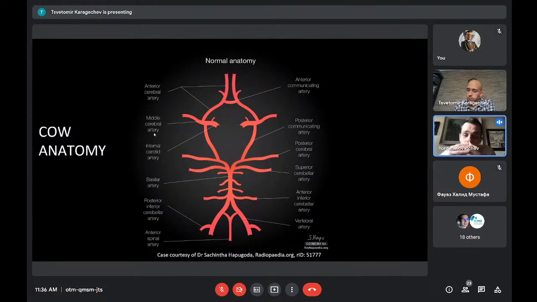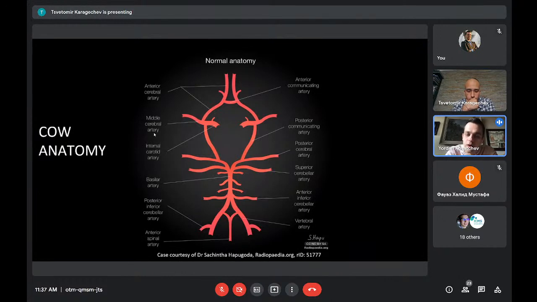of the brain. As you know, there are two main parts of the circulation of the brain, and the posterior circulation is provided from the vertebral arteries on both sides of the spine that collide into the basilar artery. And the basilar artery goes up into the brain, and the top of the basilar artery is called the basilar tip. It's really important because sometimes we see thrombosis there, and then it divides.